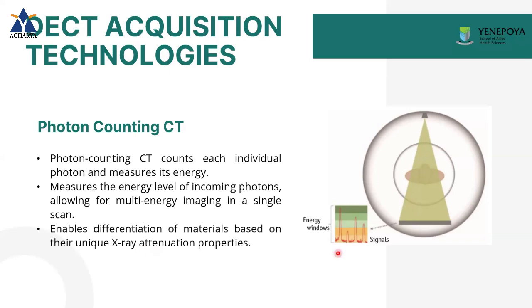So what happens is, as the photons are getting counted and absorbed, and then later measured, it will allow for a very precise differentiation between tissues, such as calcium and iodine in iodine enhanced contrast media. So usually in these cases, the differentiation of the tissues will be very high and will be useful for detecting